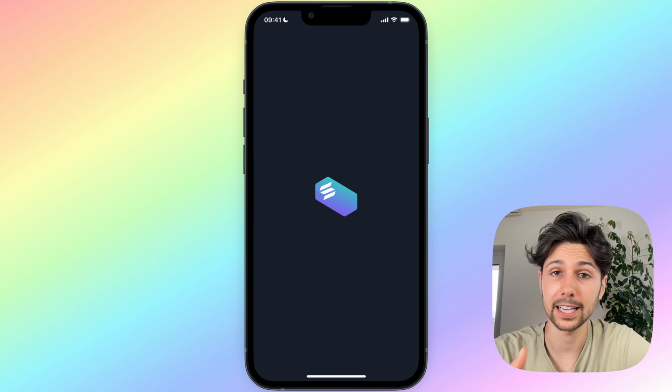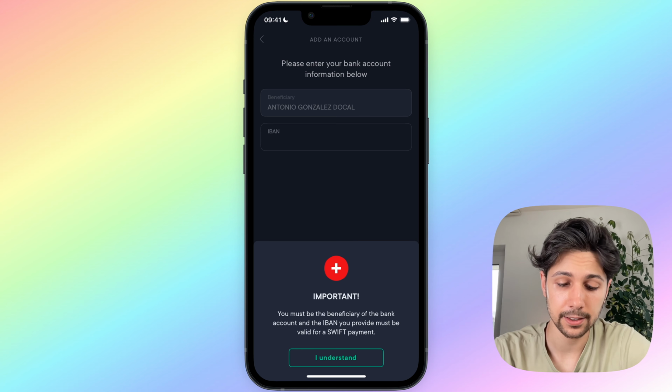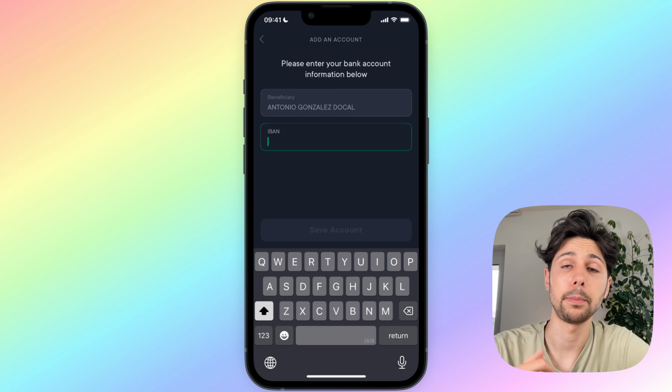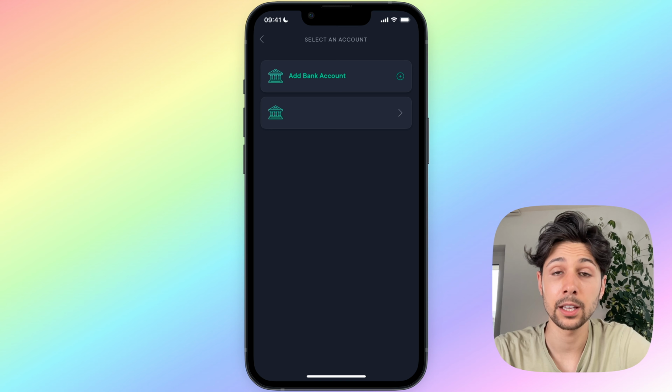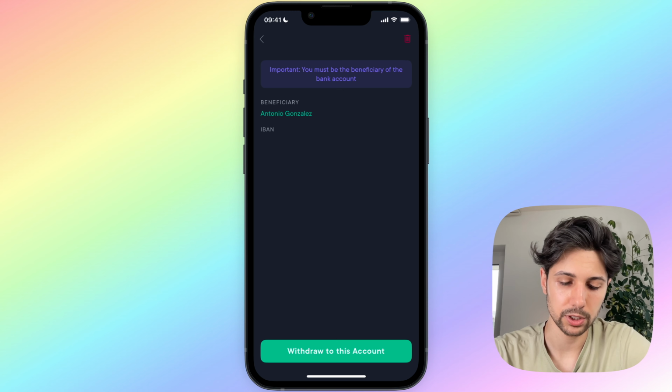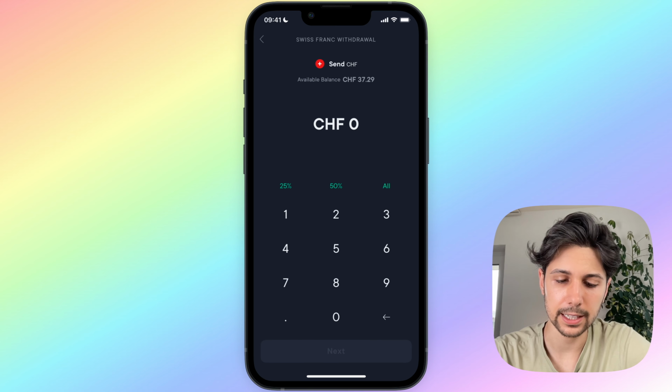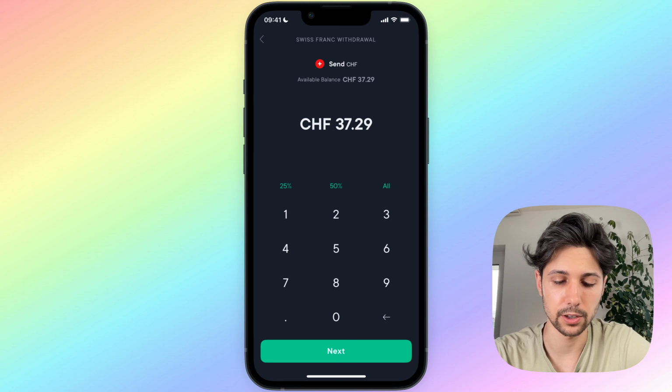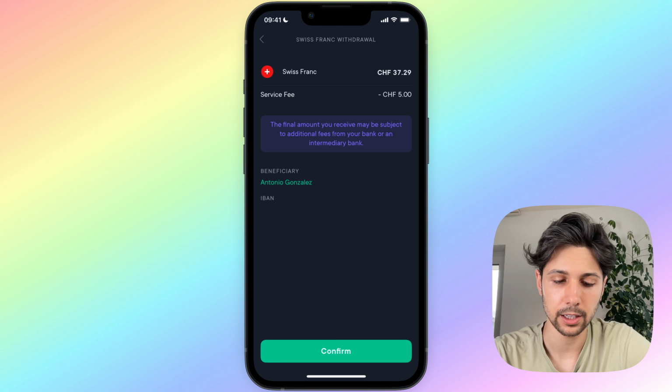Just click on it. Now you will have to add your bank account information. Just click on it. Select the country you live in or where your bank account is based off. And then simply put the bank account information. And then when you come back, you can simply select the bank account you've just registered and click on withdraw to this account. Then select the amount of the currency you'd like to withdraw, and then you will just have